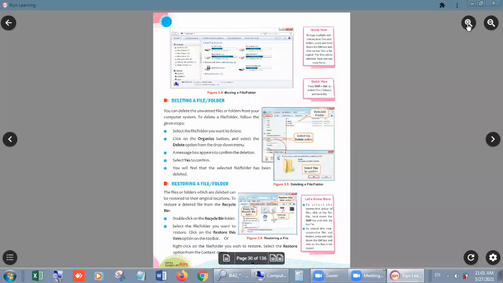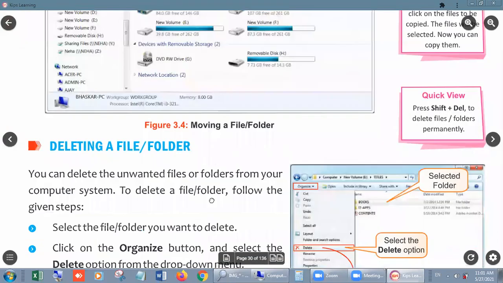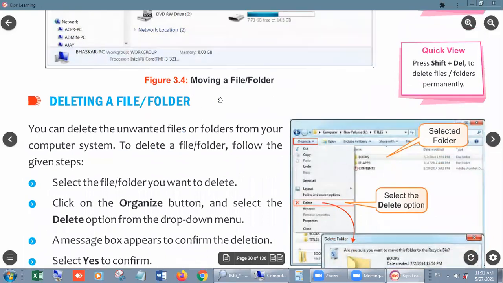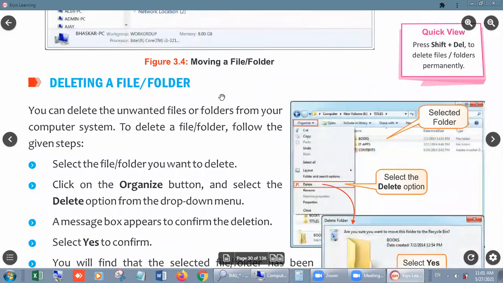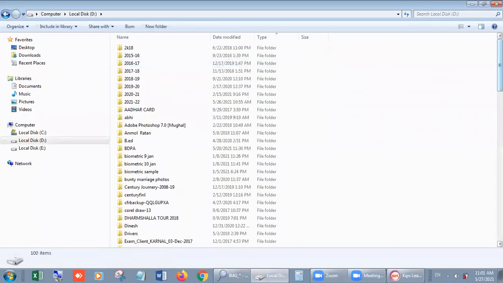deleting file or folder. Look students, how you can delete a file or a folder? It is quite easy, no problem at all. How you can delete? Go to the same location.